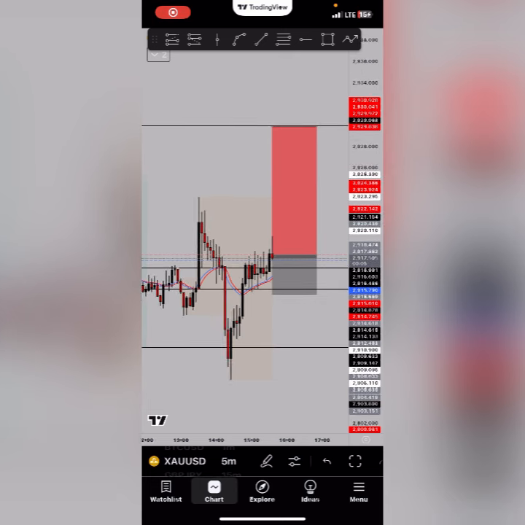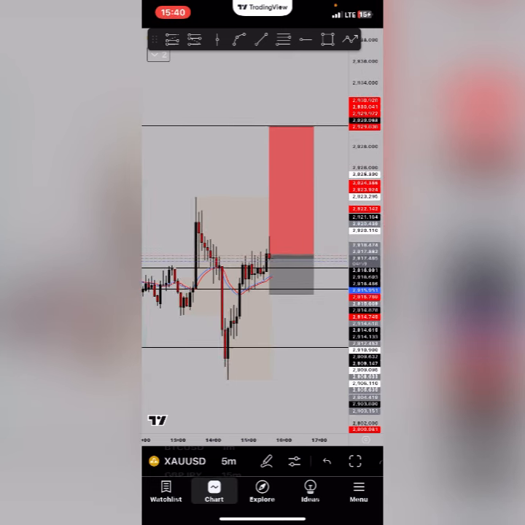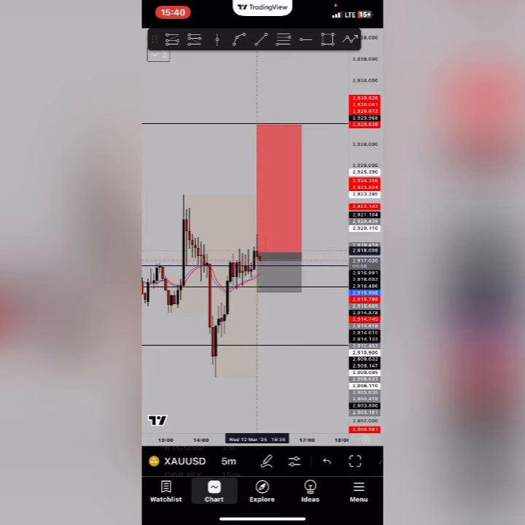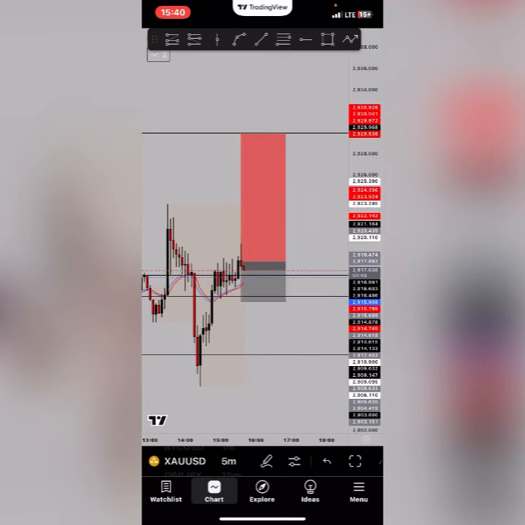All right, guys. Price did not break below that zone. Rather, price broke above, so right now I'm buying gold. Let's see how this plays. As you can see, this is where I bought from, and currently it's going down against me. So I'm just going to hold this position. Let's see how it goes.